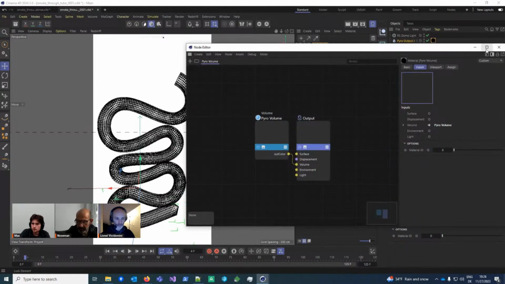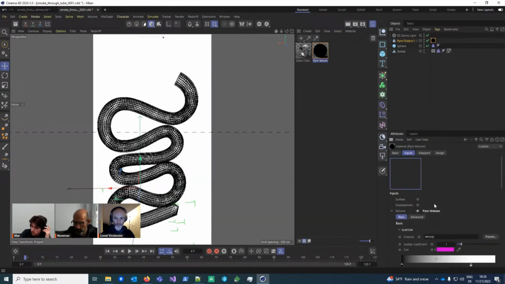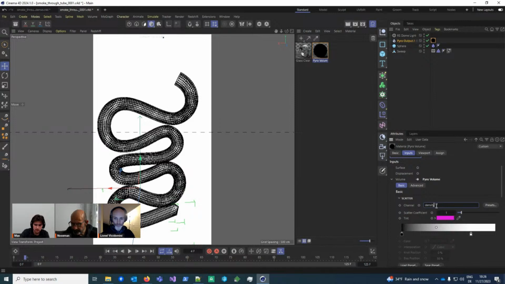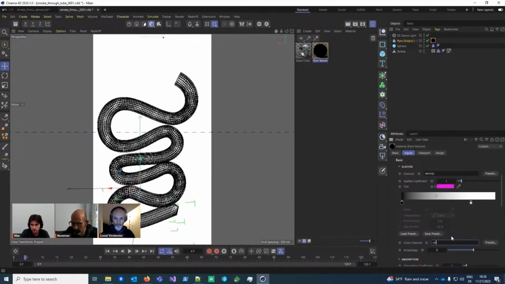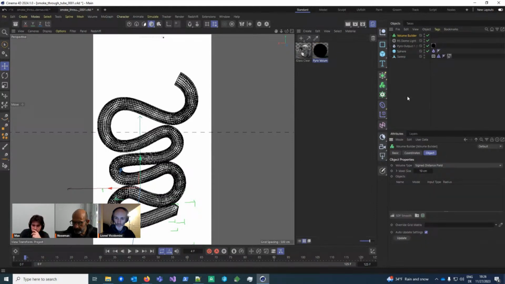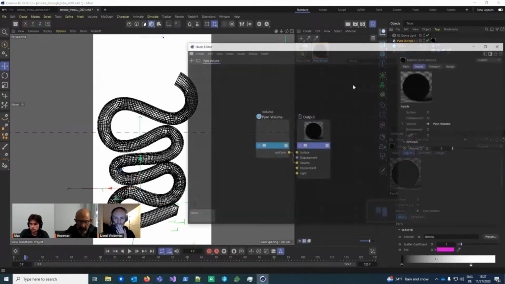It's got 3 components. So if I have the shader, I could, of course, just write velocity instead of the density, or in the color channel, but then it would just take the raw value, so you probably have to scale it somehow inside of the shader itself, because otherwise it's quickly black or white. Or you could build something custom with a volume builder and then rescale it in there, but that would require duplicate Pyro objects.